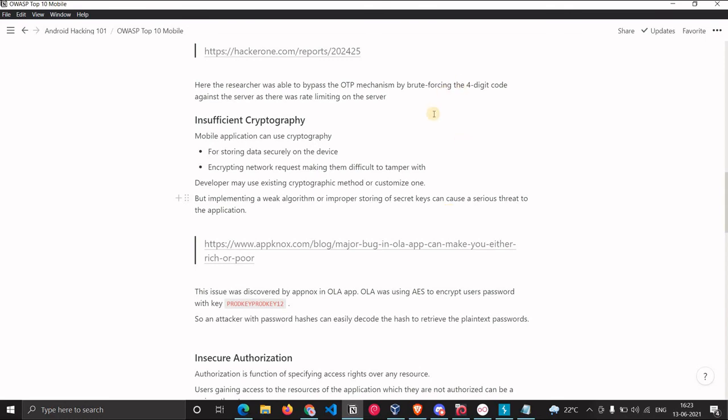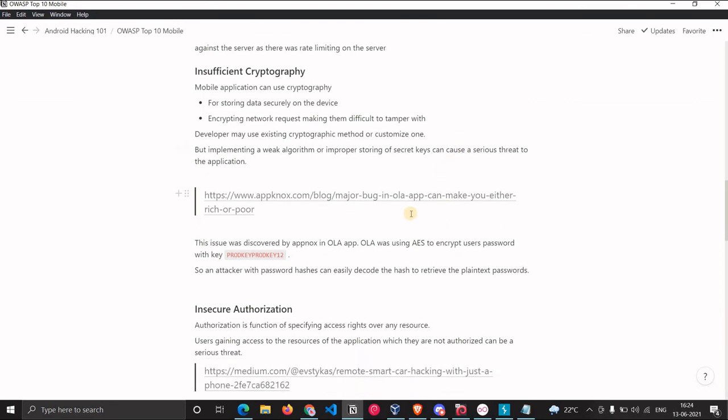Developers can use some methods which are already there, or they can use a customized one. But while implementing it, care should be taken so that you are not disclosing any secret keys, or the method used is not easy to reverse engineer.